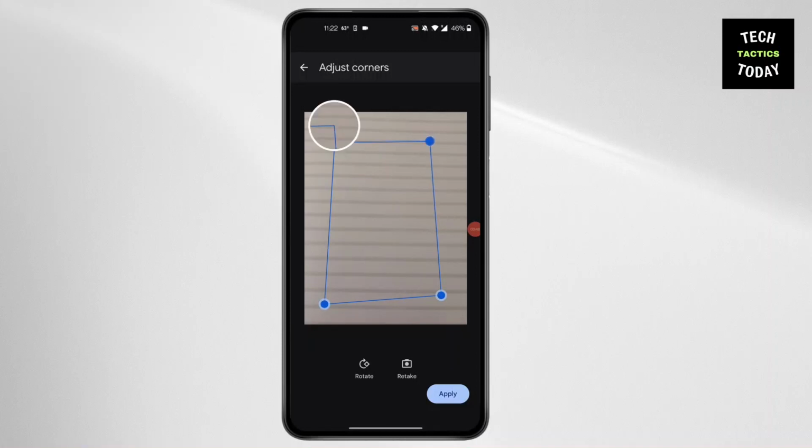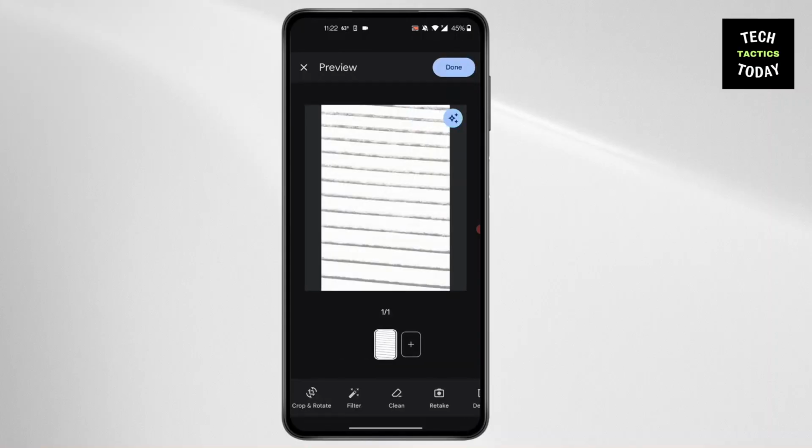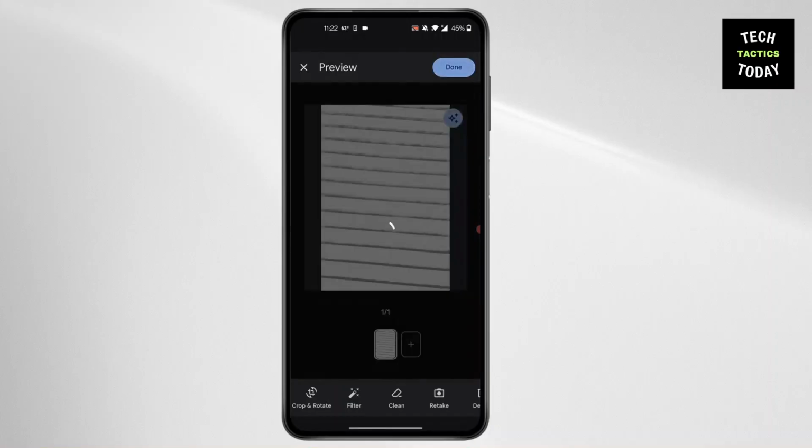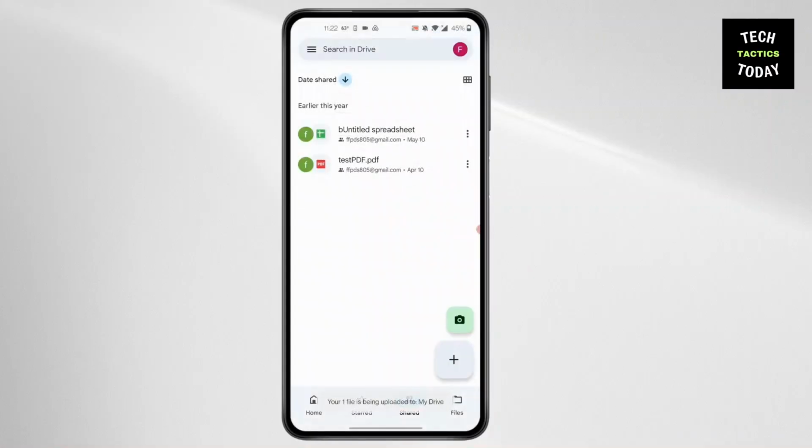After that, you can crop, adjust corners, and press on Apply at the bottom right corner. After it's applied, you can crop it again and add a filter. After you're done, press on Done at the top. Then select as PDF and press on Save at the top right corner of your screen, and you're good to